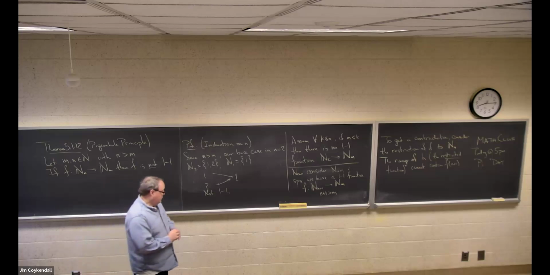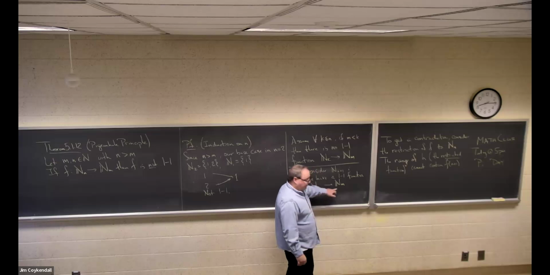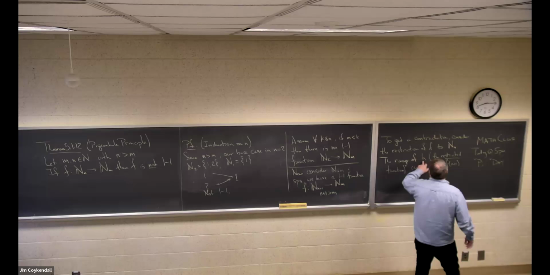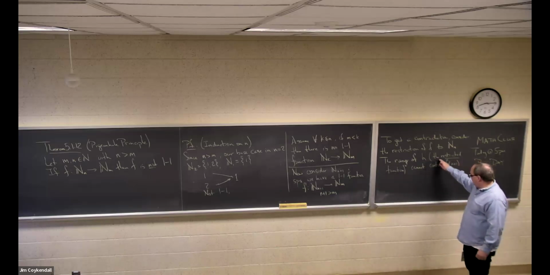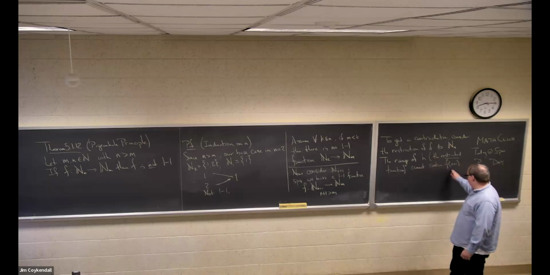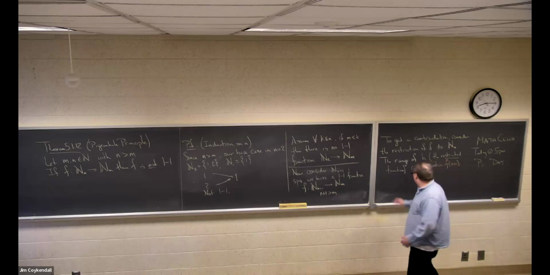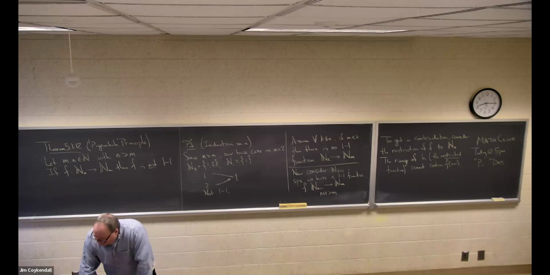Because we're assuming that this is a one-to-one function. So n plus one went somewhere over here, and the range of the restricted function cannot contain this. Because if there's something in the restricted function that goes here, then that means the original function f is not one-to-one, right? So what this means is now we have